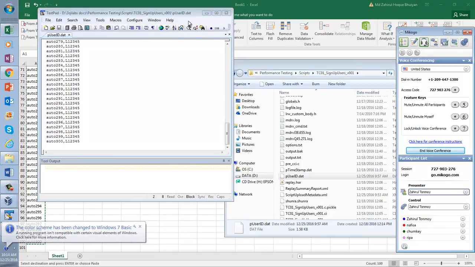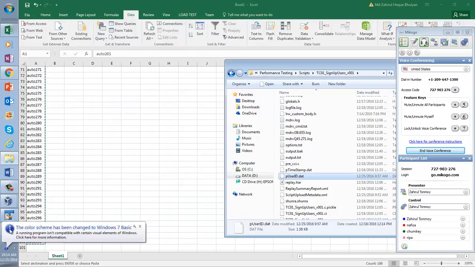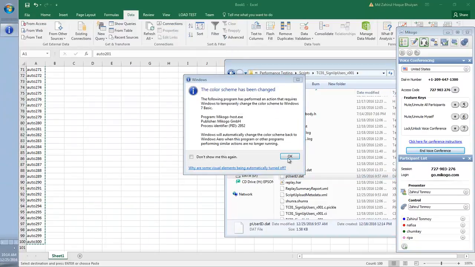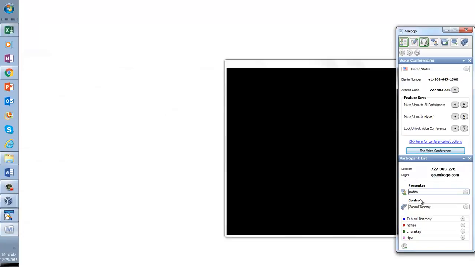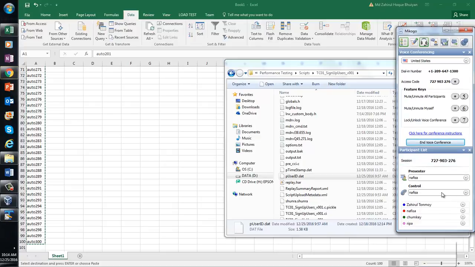Everyone, take a look here. I cannot see your screen, Nafisa. Conrad, you want me to pull the script with the if condition? This one is not with the if condition, the other one is. Yeah, can you open that one?